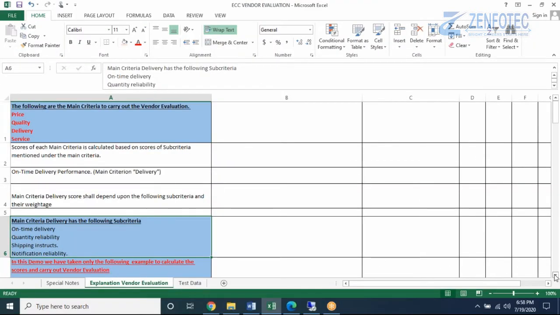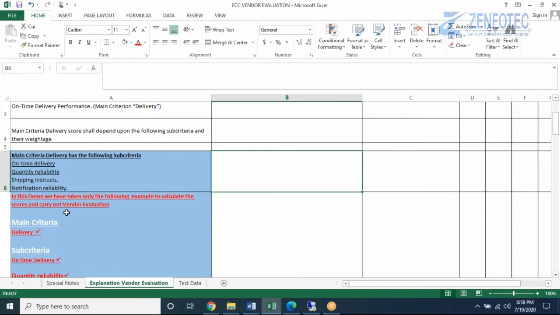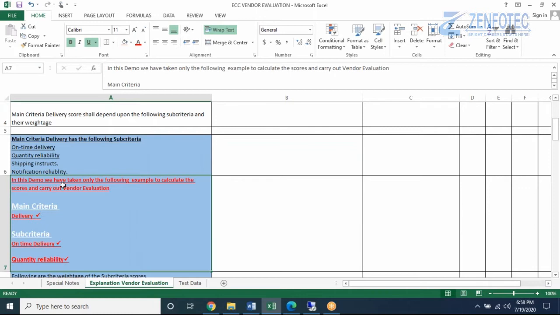We will be focusing on these 2 sub criteria: on-time delivery, which I will underline, and also quantity reliability. So that's what I have written in the following paragraph. In this demo, we have taken only the following example to calculate the scores and carry out the vendor evaluation: main criterion delivery, sub criteria on-time delivery and quantity reliability.